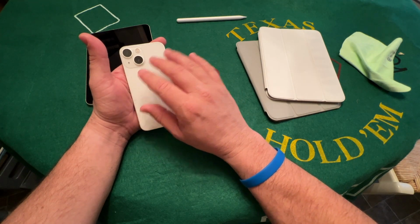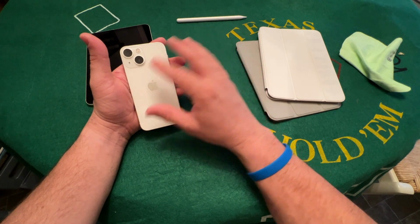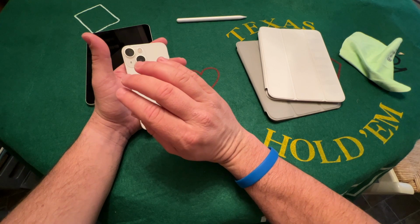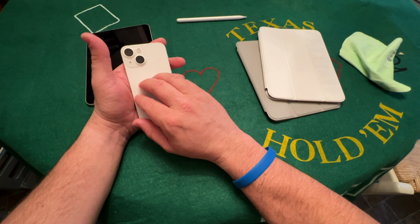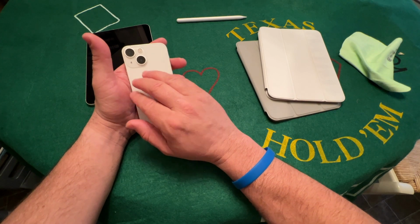Now, I have a setup. I always have a charger in the car. I always have a charger anywhere I'm working in my workspace. So, therefore, I always have the ability to hook it up. Hence why I ran the battery life down and why the battery life was not strong on that iPad or iPhone Mini